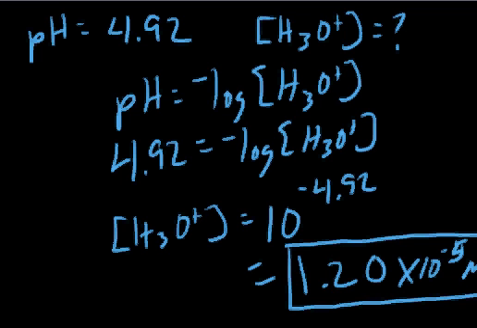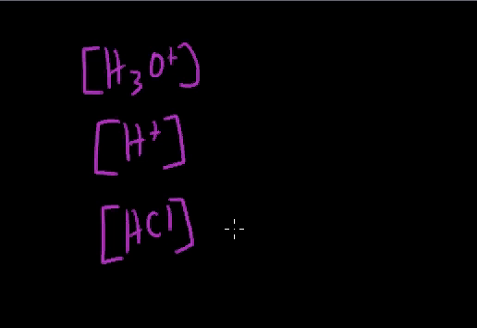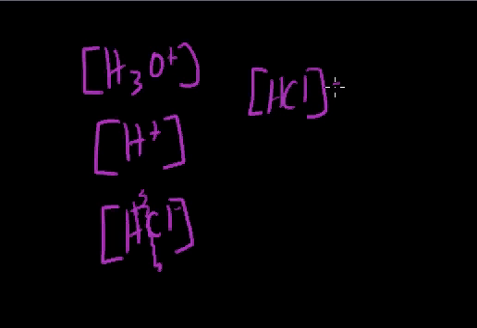So just a couple of notes real quick, a couple of reminders. When we're talking about hydronium, H3O positive, that also can be written as H positive. Either way is a fine way to write the concentration of hydronium. Another thing to remember is that strong acids such as HCl dissociate 100%. In other words, every single molecule of HCl will split apart into hydrogen ions and chloride ions. And so if I give you the concentration of HCl, like let's say that the concentration of HCl is equal to